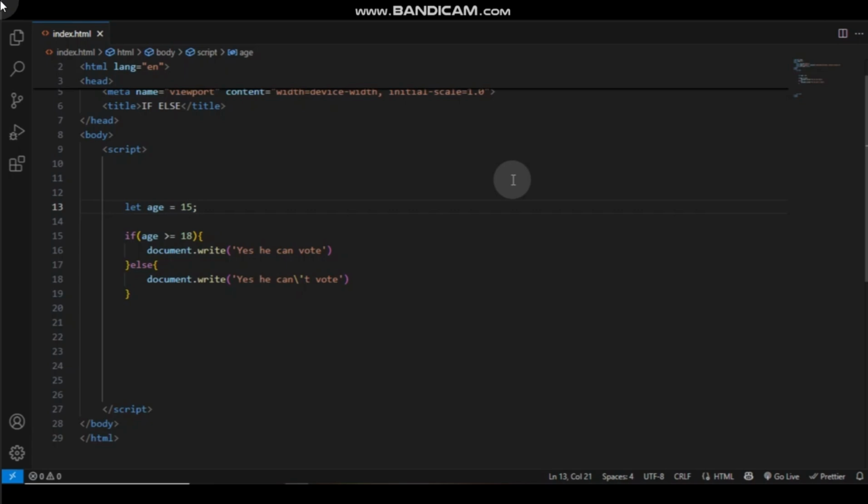Like, you have taken an exam in a subject whose maximum score is 100. Now you want to find out the grade according to the score. For example, there will be 5 options. In the first option we will check if the score is between 80 to 100, then the grade will be A plus. In the second option, if the score is between 70 to 80, then the grade will be A, and in the third option, if the score is between 60 to 70